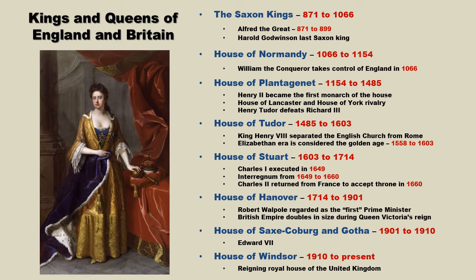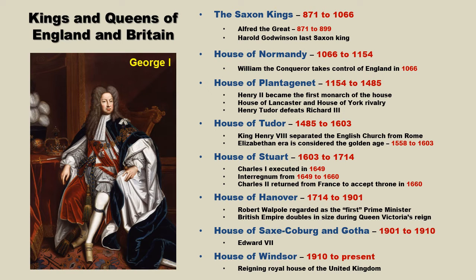The last ruling monarch of the House of Stuart was Queen Anne. You will remember that back in 1602, King James had unified the English and Scottish crowns into the British crown, but the respective parliaments remained separate. During Anne's reign, the kingdoms of England and Scotland were finally united into a single sovereign state known as Great Britain. This occurred in 1707. Anne continued to reign as Queen of Great Britain until her death in 1714.